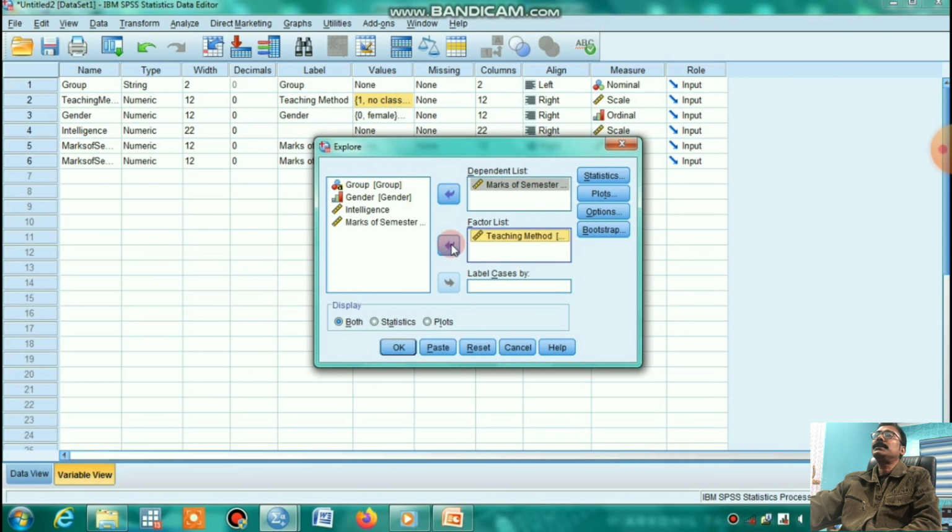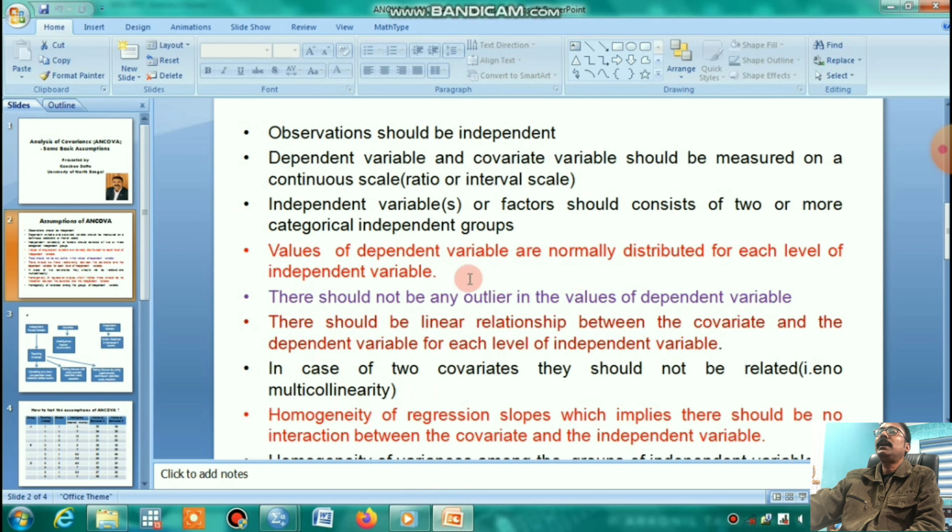and the QQ plot. Similarly, this box plot shows that there is no observation above the upper boundary or below the lower boundary. This shows that there is no outlier present in the values of the dependent variable with respect to each category of the independent variable. In this way, we can prove that the normality assumption is satisfied, and that there is no outlier in the dependent variable.